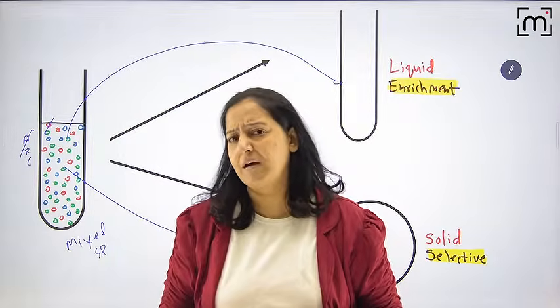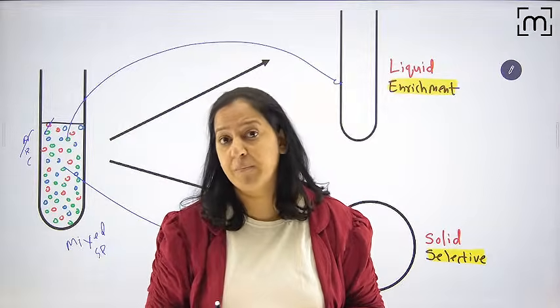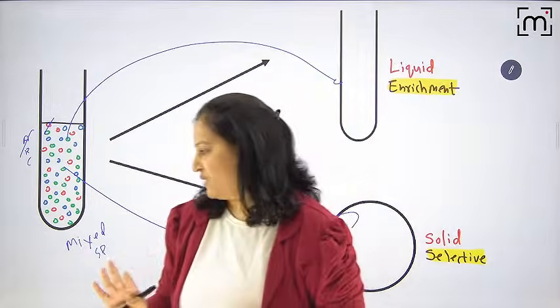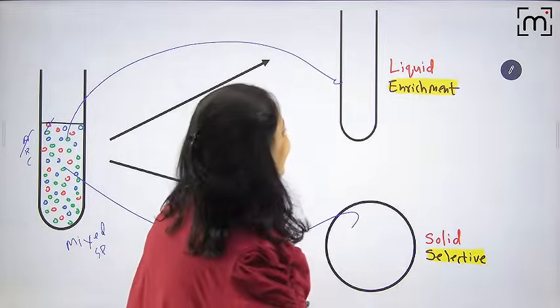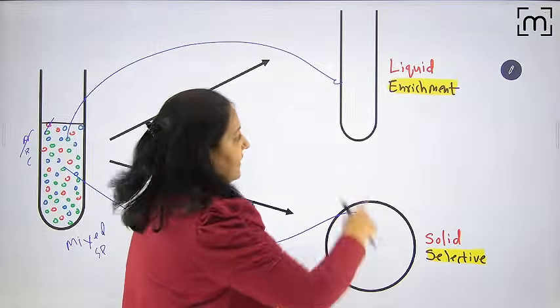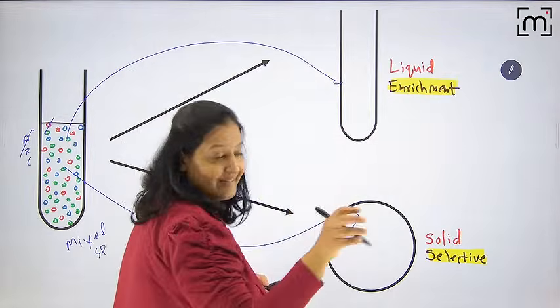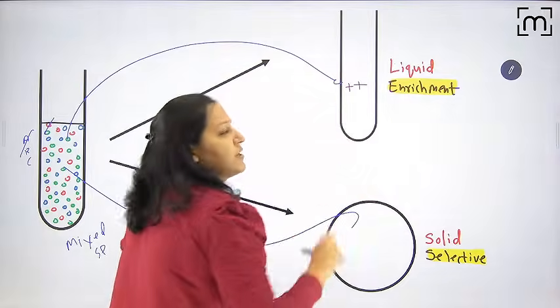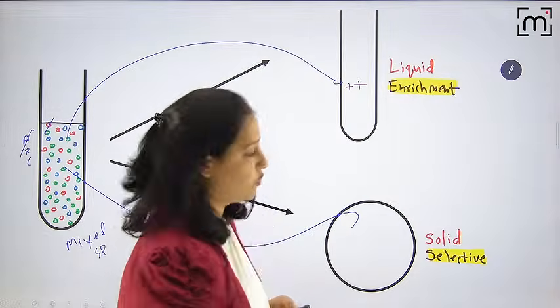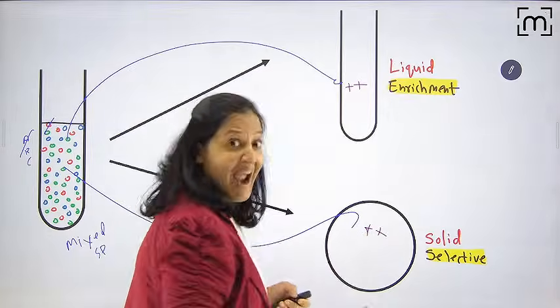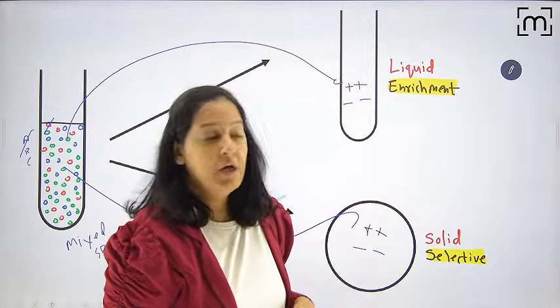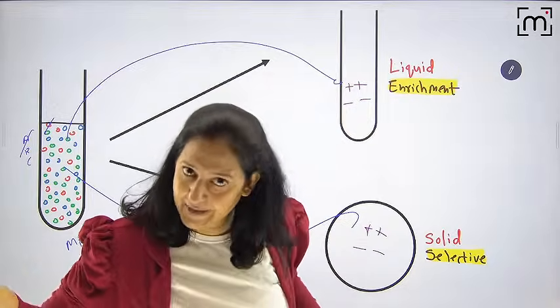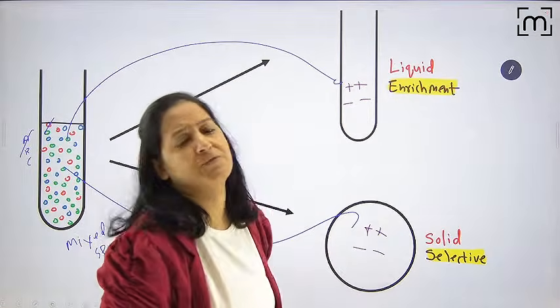Now do something for me. Do some jugaad. Some adjustments you can do. Wait. We can do so. Let me tell you the solution. Okay, let me tell you the remedy. Before you do the inoculation, in these media, you add the stimulatory substance for the bacteria of your choice, the bacteria you want to grow. And you add inhibitory substance for the bacteria you do not want to grow. So you add stimulatory substance for A and you add inhibitory substance for B and C.